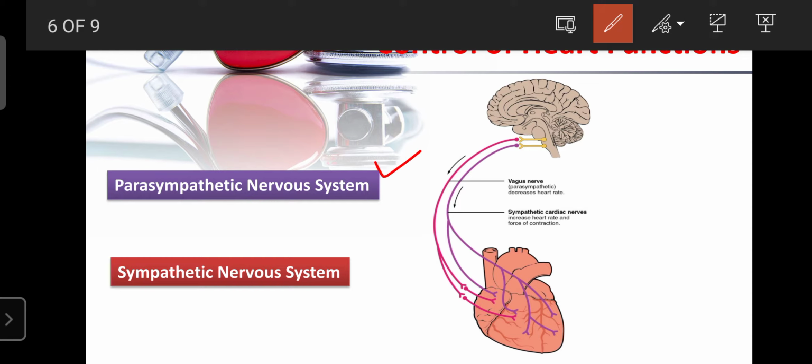As you know, our blood vessels have certain sensors, the baroreceptors and chemoreceptors. These are the major sensors, and they help to control the functions of the heart. The baroreceptors are mainly present in the aorta as well as the internal carotid artery. Those arteries supply blood to the brain.